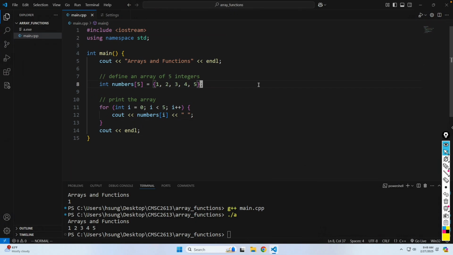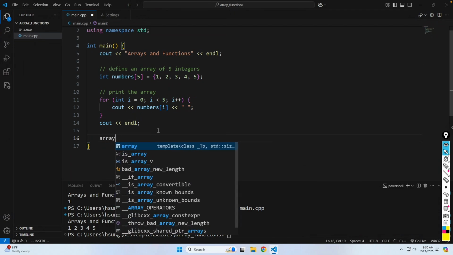We are going to explore the aspects of arrays in C++. We are going to write more code. Instead of keep writing in the main function, let's define a function separately, and from there, let's explore more arrays. So to do so, I'm going to call a function. The function name is arrayConcept